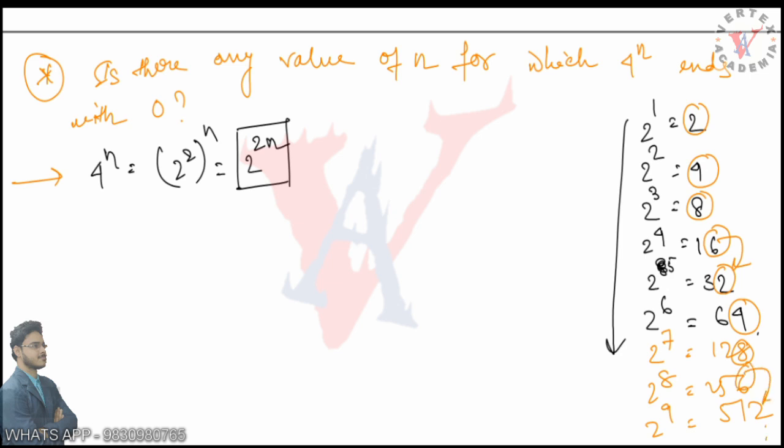Now for every number, maybe 2 square, it may be 3, 4, 5, 6, after a certain time you will find this pattern. This is the beauty of mathematics. So in the case of 2 to the power anything, we see that it always ends with 2, 4, 8, 6. It is always among these 4 numbers and it never ends with 0. So this is a nice problem. This is a good problem.